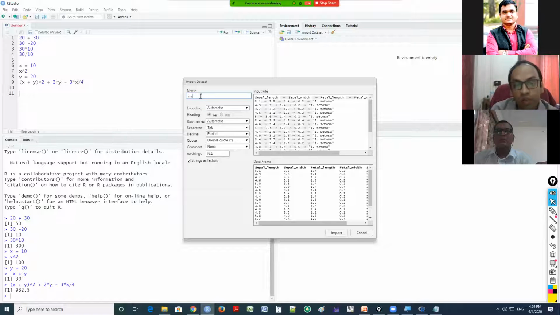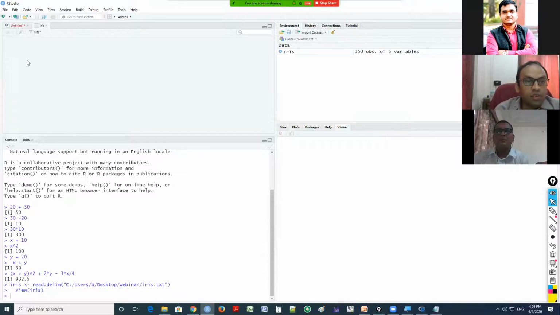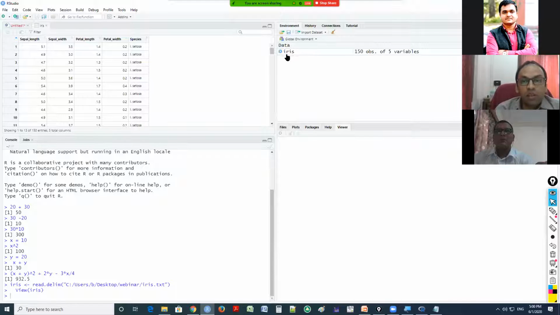Suppose I want to give the name dataset iris, and this is the input file. This will be the data frame file. Row names are automatic, so it will take them automatically if row headers are there. Header is true, so the first row will be taken as the variable names. So I import, and as a result this dataset is imported, and see here in the environment you can see this